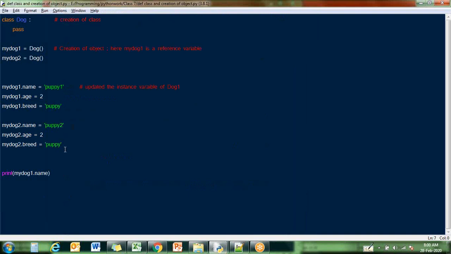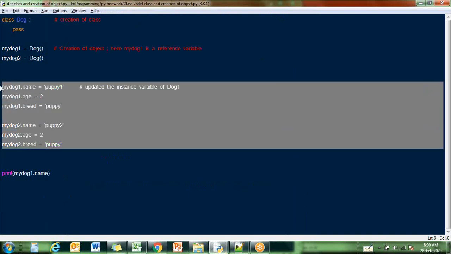But this is like a procedural way only. Every time I create a dog, I'm writing lengthy code. So what is the use of class then? This is the general way. This is not the way we are going to do when we create our programs in object-oriented programming. What we have to do is